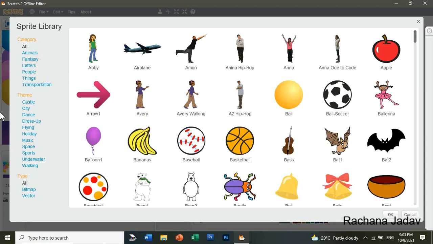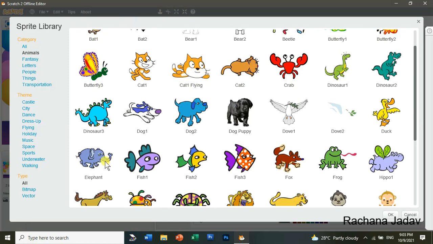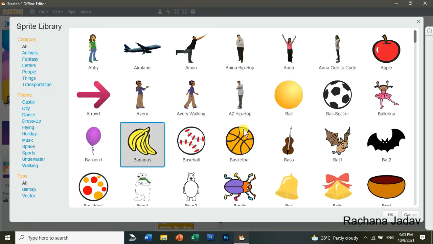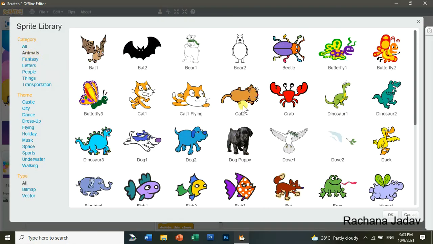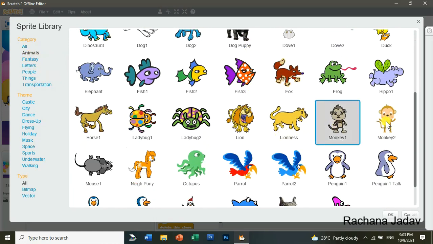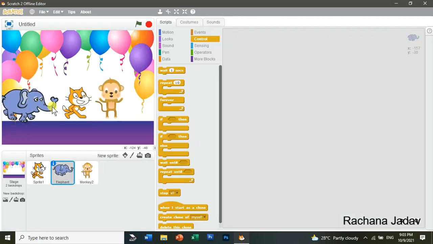I'll just go for the animals. तो एनिमल्स की पार्टी है, सो यस, बर्थडे पार्टी, तो उसके अकॉर्डिंग तो हम लोग लेंगे, we'll take elephant, we will take another sprite over here, that is okay, we will go with the monkey. हम लोग monkey भी ले लेते हैं. अब आपको दिख रहा होगा, right? So yes, you can have it.